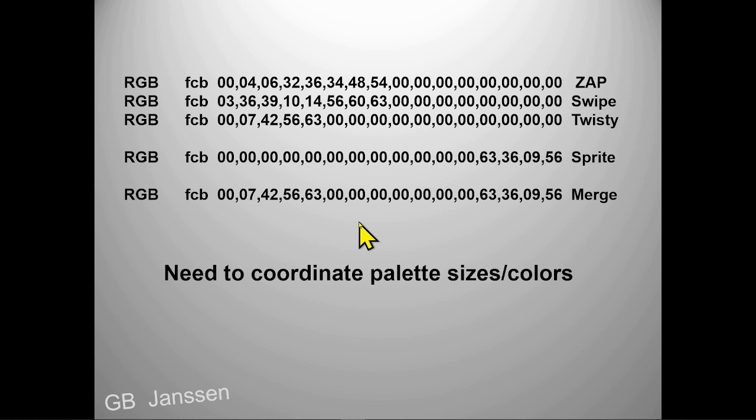Okay, and you can see that Zap and Swipe both used 8 colors. Used the first 8 palette registers, and the Twisty one only used 5: 0, 7, 42, 56, and 63. Okay, so that was fine. Now my Rocket Sprite, it only had 4 colors. I got them down here on the end. Okay, so